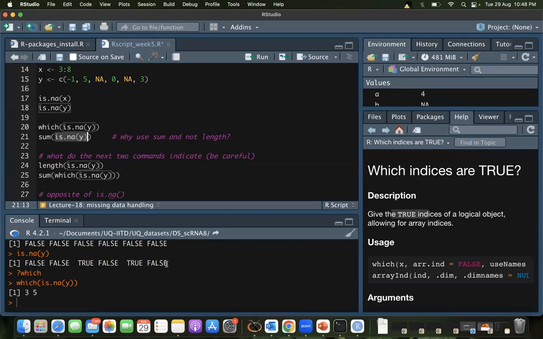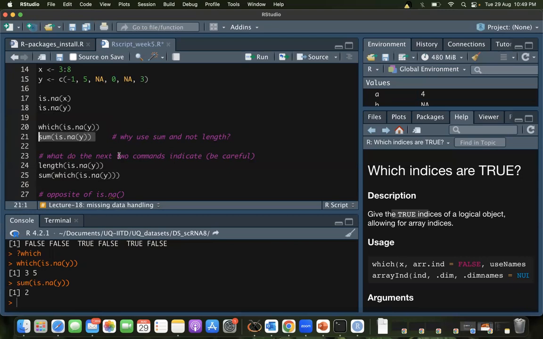So from this list, by looking at it, I got two pieces of information, right? There is a true at the third position, there is a true at the fifth position, and in total there are two truths. So how do I get each of these? The first one is giving me the indices. Like one of you rightly said, it's 3 and 5. And this one is telling you how many truths are there. So I'm doing sum here, and sum is giving me 2.